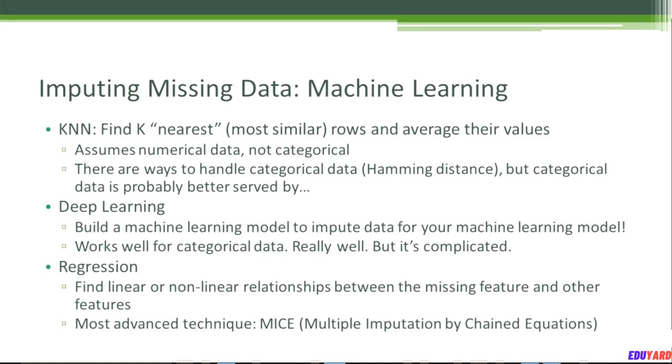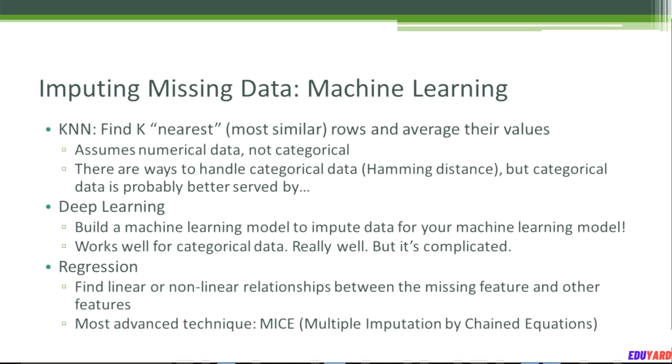Maybe it's just the Euclidean distance between the normalized features within each row or something like that. If you find the, say, 10 nearest rows that are most similar to the one with missing data, you can just take the average of the features from those 10 most similar rows and impute the values from that. So that takes advantage of relationships between the other features of your data set, which is a good thing.